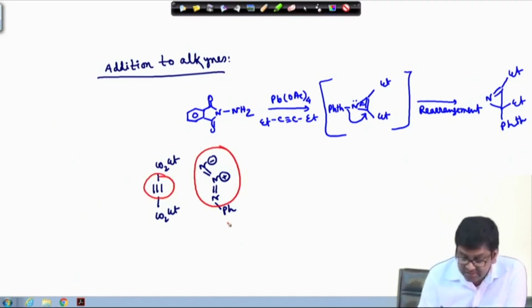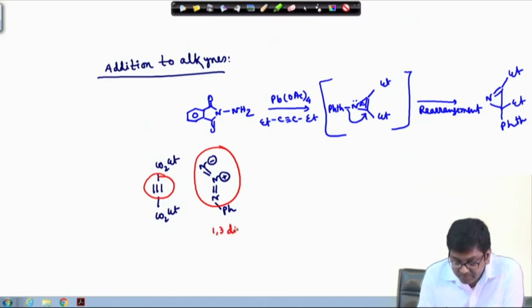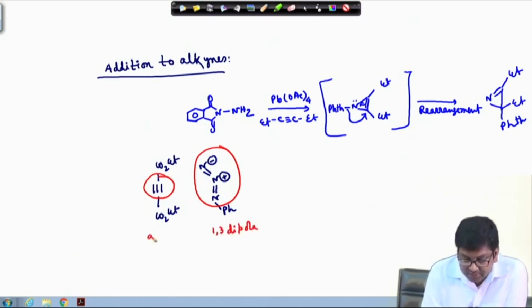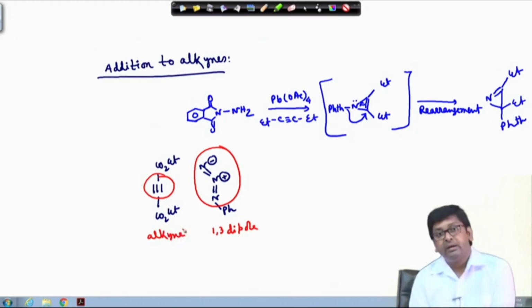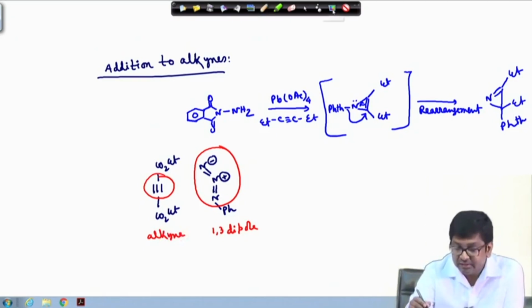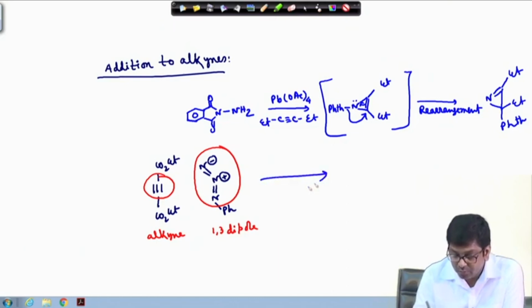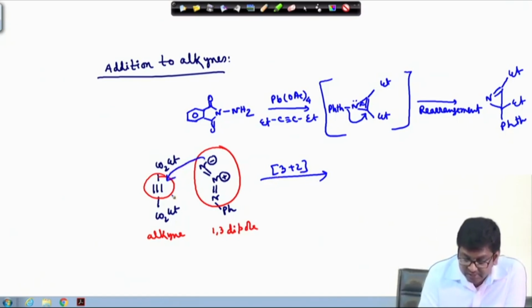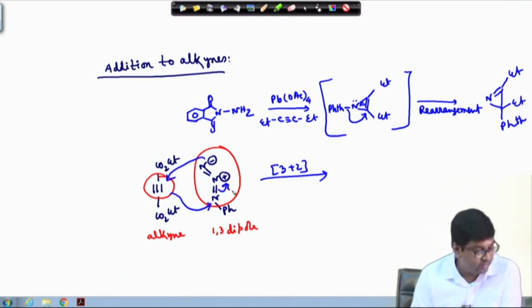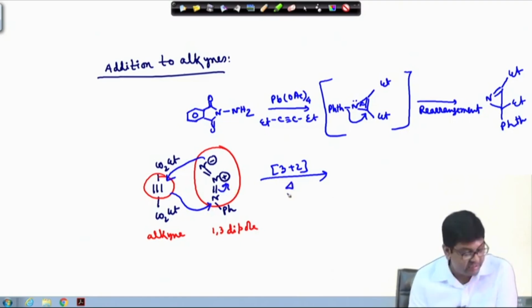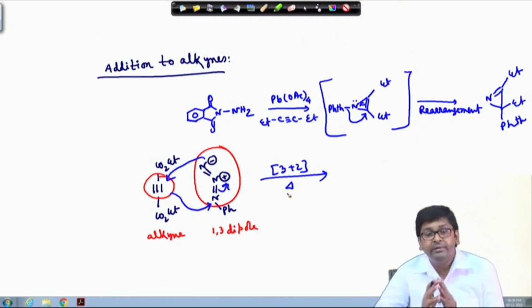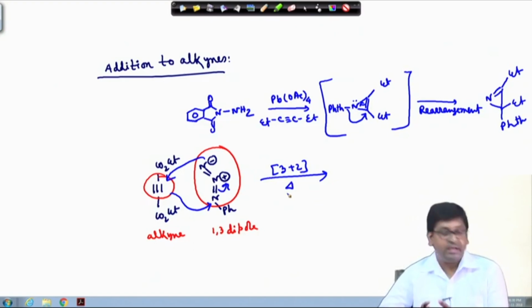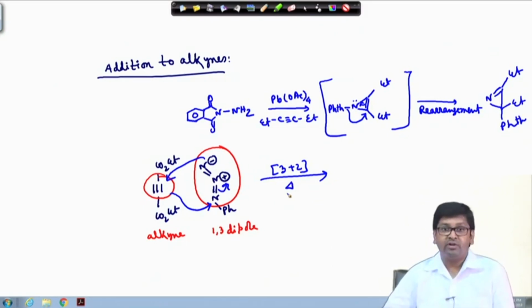Now, this is nothing but a 1,3 dipole, and this is the alkyne. Now, this can nicely go in 3+2 cycloaddition mode. That means this can attack like this. So, under thermal conditions, before giving the nitrene species,